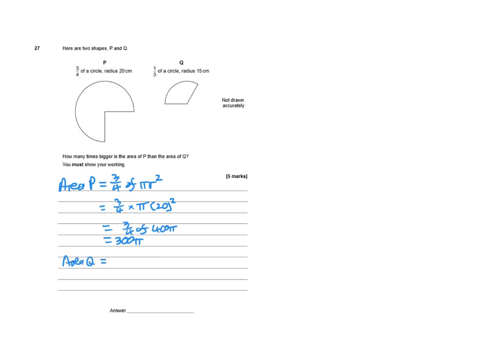Area Q is 1/3 of their pi r squared, which is pi times 15 squared. That's why I said we need to know our square numbers. So it's 1/3 of 225 pi. So what's 225 divided by 3? Either you know that, or if you're not sure, then do the longer method, I suppose. So how many 3's go into 2? Doesn't. How many 3's go into 22? That would be 7, 7 times 3 is 21. So I've got 1 left over. And so you can see we'd get